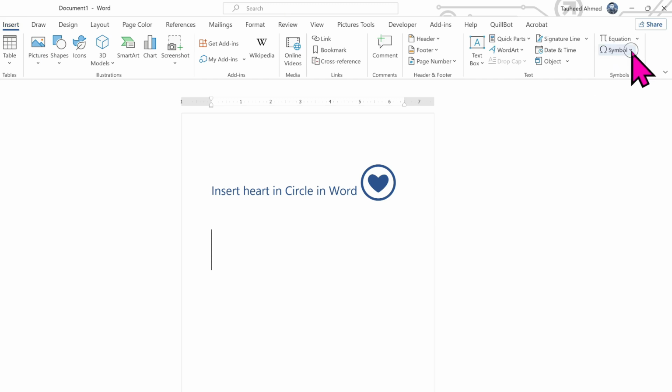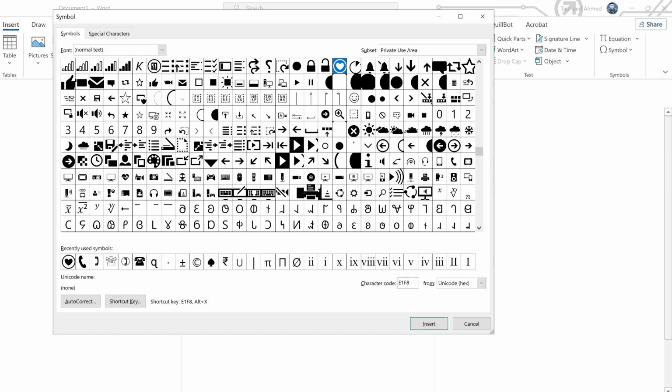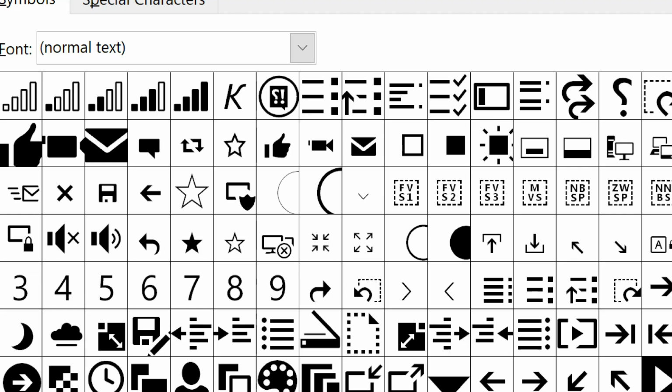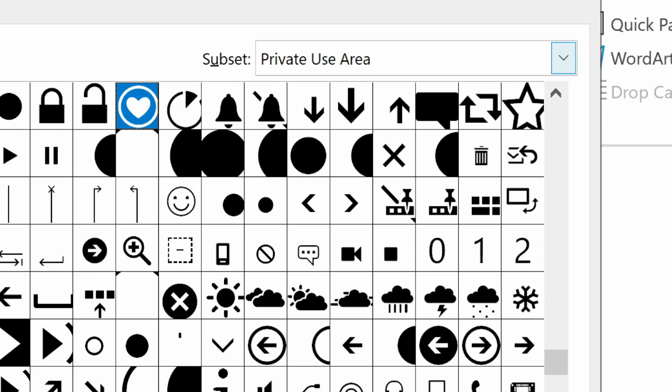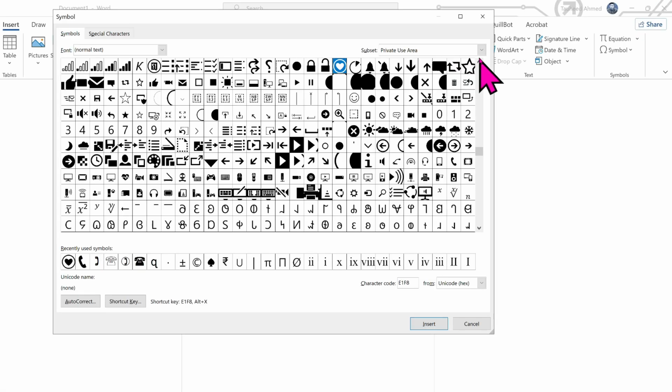see that symbol. Click on symbol and click on more symbols. And here in the symbol tab you need to select normal text, and in the subject you need to select private use area. And now find here,